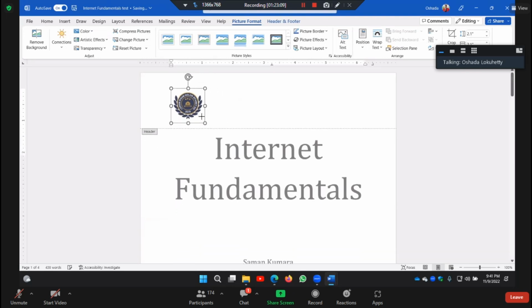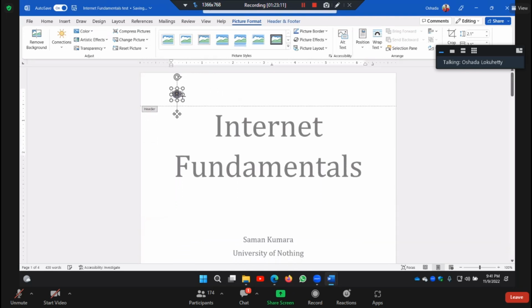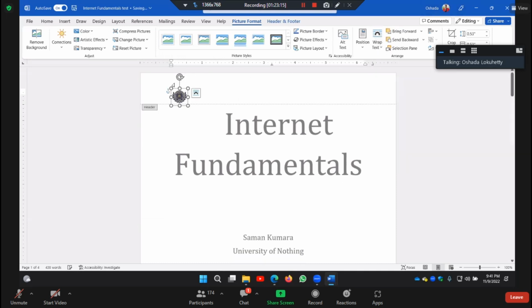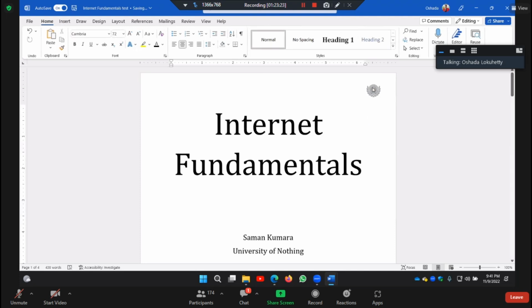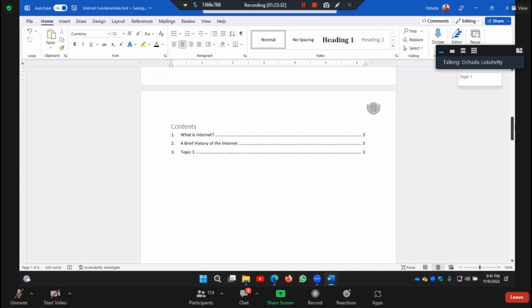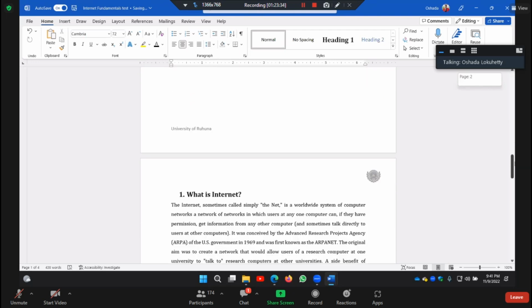I'll resize it small and wrap text it and move it to this side, right? And now see, in this document, you see this logo on the header, and on every page, you see that logo. See,